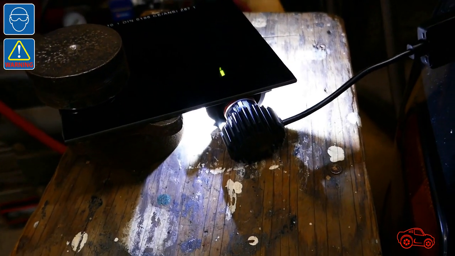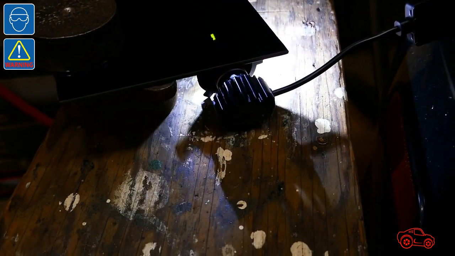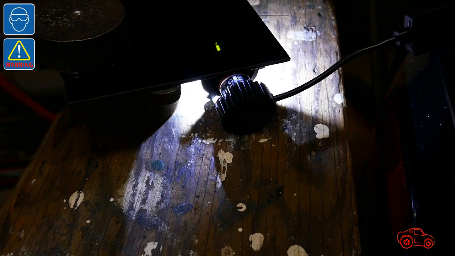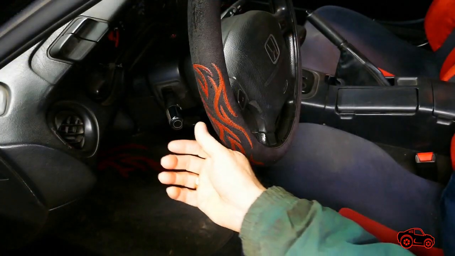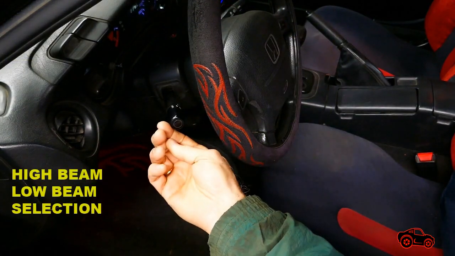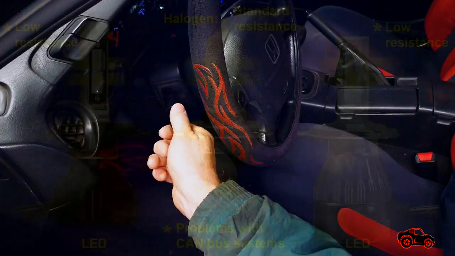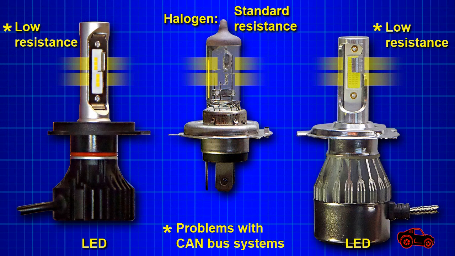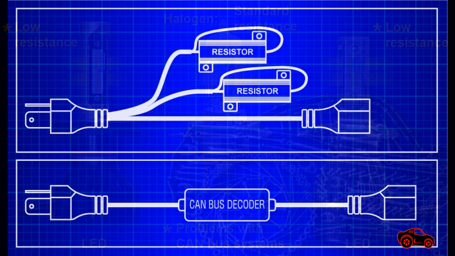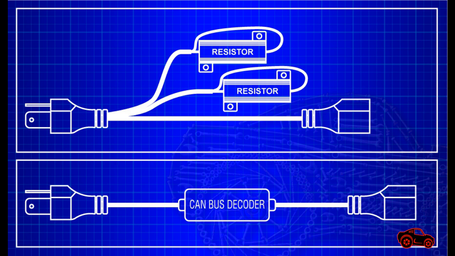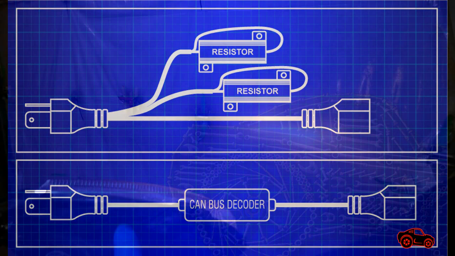Before going too far with the installation, I checked if they were lighting up properly when the high beams were turned on and also when the low beams were turned on. The old school signal lever in my vehicle was made with mechanical switches, so there was no CAN bus problem. Most newer vehicles equipped with CAN bus systems can detect light problems and trigger a fault message or cause flickering lights. In this case, installing wire harnesses with a decoder or resistors can usually solve the problem.